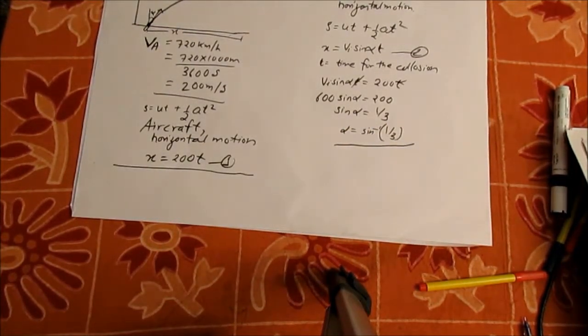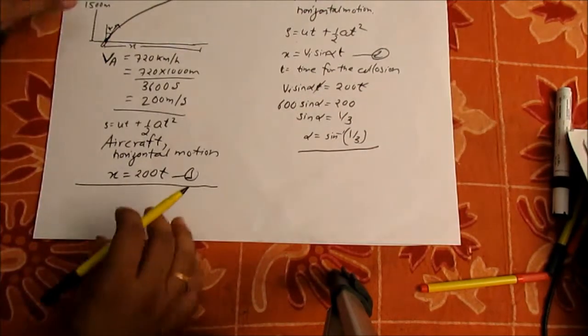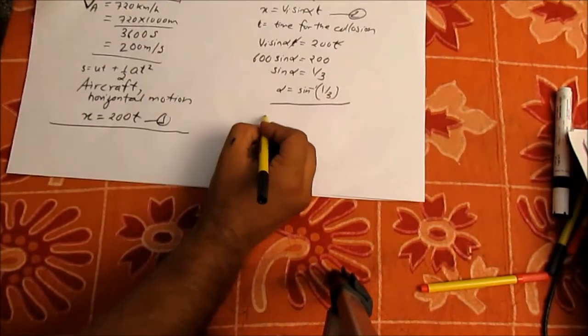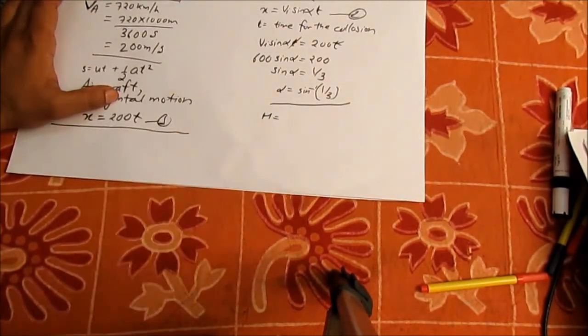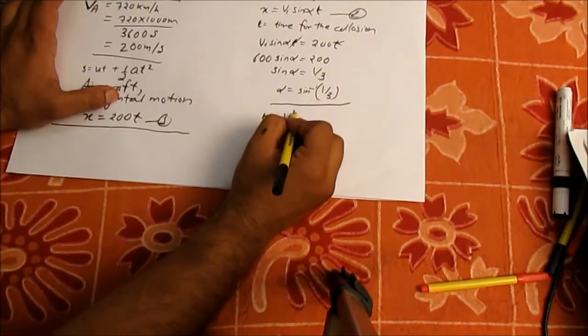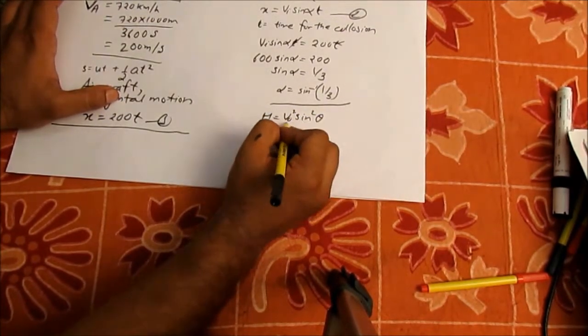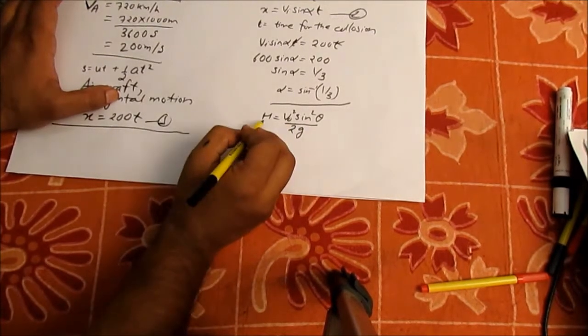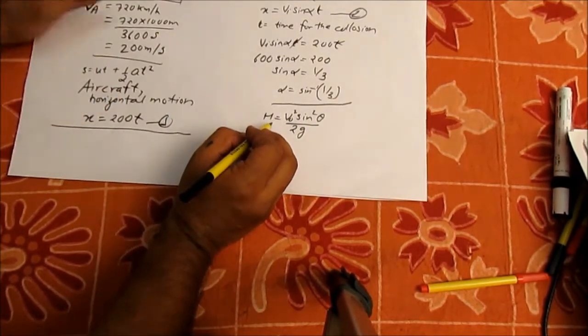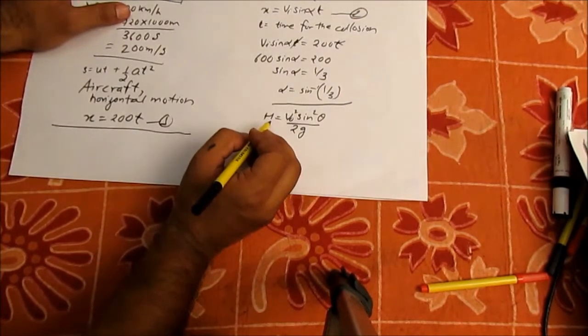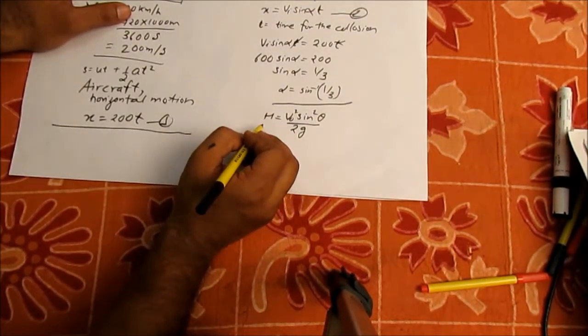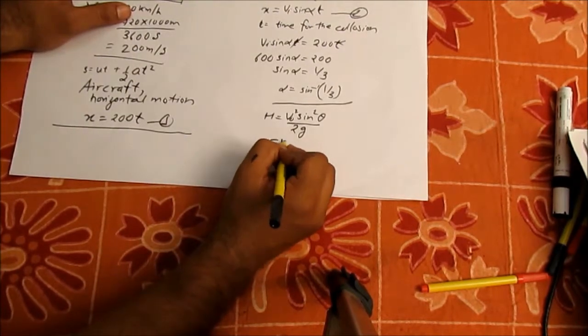Okay. Now we will solve another question, the second question. At what maximum altitude should the pilot fly the plane to avoid being hit? So the formula for H is V naught square sine square theta divided by 2g. So the fireball will attain the maximum height when theta is equal to 90 degrees, that is sin theta is equal to 1. So the maximum is V naught square by 2g.